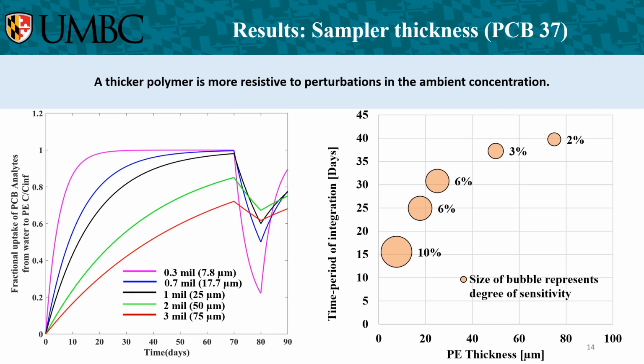Finally, we look at the impact of sampler thickness on the uptake of PCB37. For that, we are looking at the fractional uptake of PCB37 in PE sampler of varying thickness from 0.3 to 3 mil. And we see that when the pulse perturbation starts on the 70th day in ambient water, PCB37 reaches equilibrium slowest and experiences the least sensitive dip due to the pulse for the thickest polymer, which is represented by